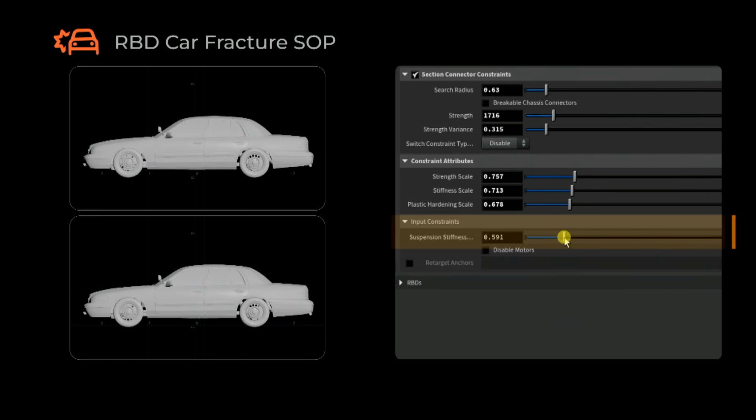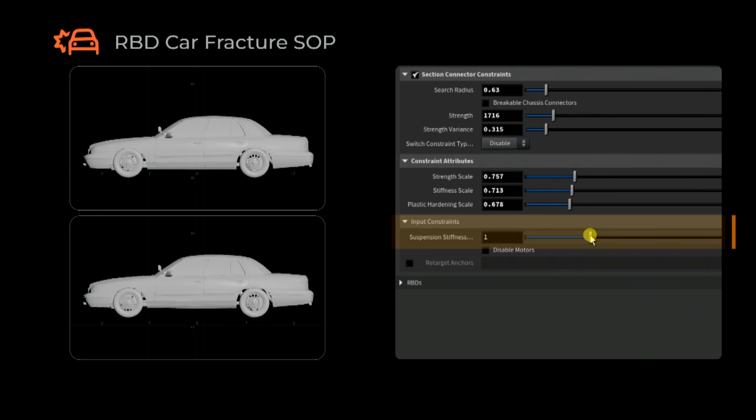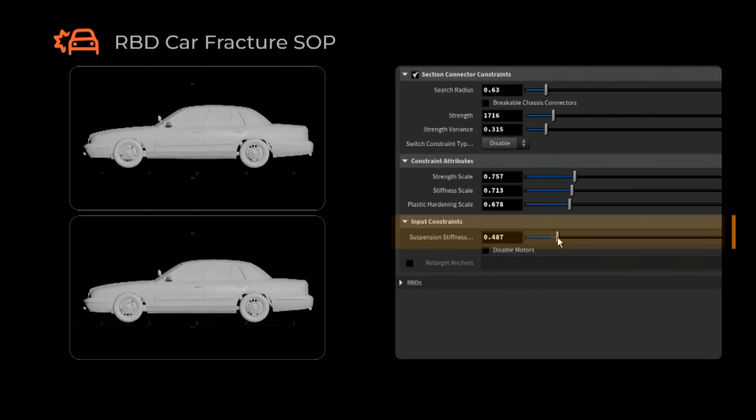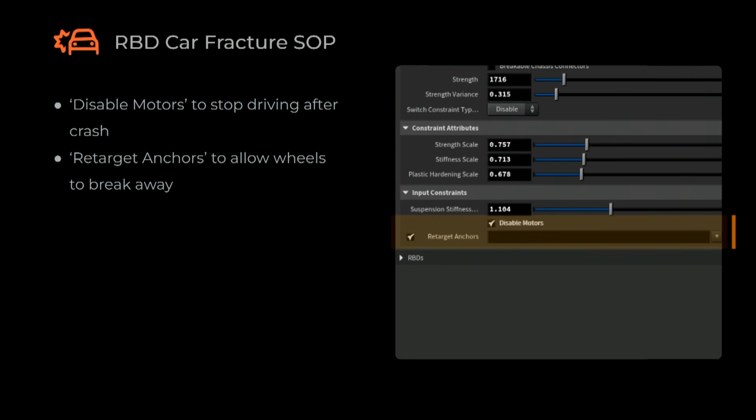So this, you can do it even in the car rig, but the reason for having it here is because you don't have to go all the way back. You can even control the same from within the car fracture sub. A disable motor toggle for actually not allowing your car to drive. Imagine your car being fractured into a million pieces and it still drives without even being attached to anything. You wouldn't want that. So we have a disable motors, which basically deletes the motor constraints, thereby stopping your car